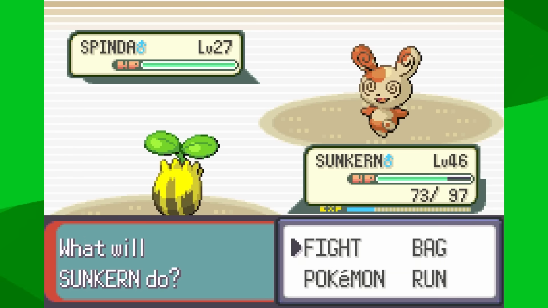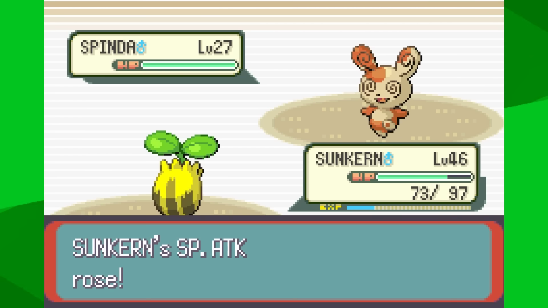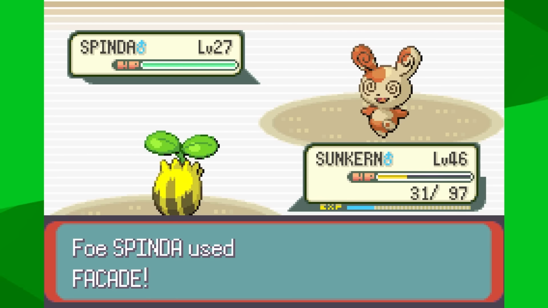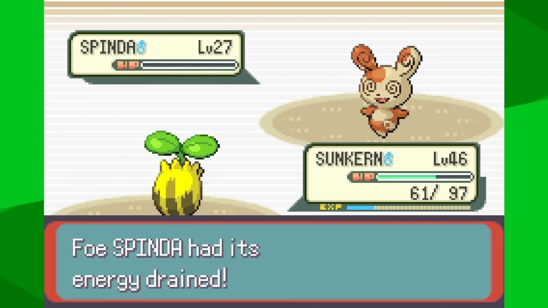It goes for Facade, which is 70 base power, not doing a lot to me. I go for another Growth. It goes for another Facade. And heck, it's not going to knock me out, so I go for a third Growth. It goes for another Facade. Now it probably will knock me out, so I just go for Giga Drain, gain a bunch of HP back,